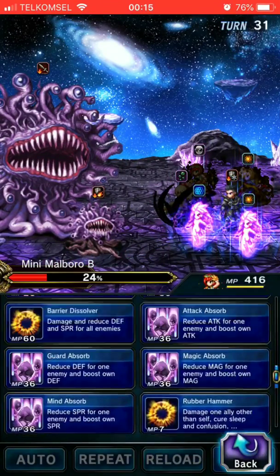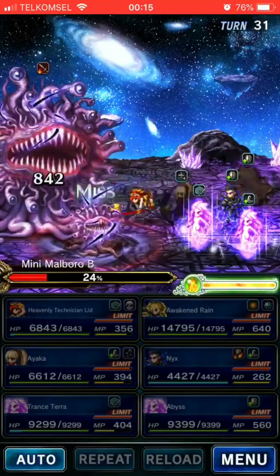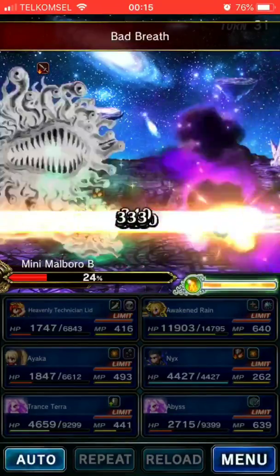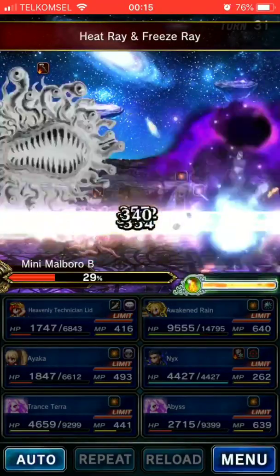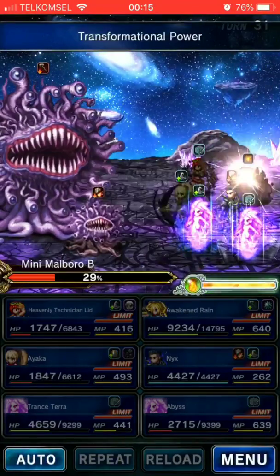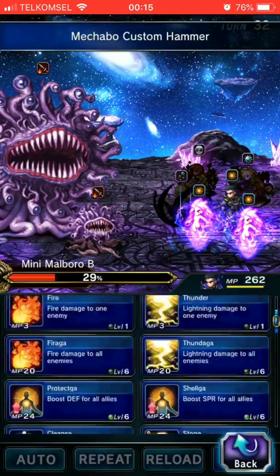Barely enough for the break. I should have probably brought in more auto limit gears to the Heavenly Technician lead so that she can deal more damage. Okay, something's wrong here. Yeah, I'm lacking the physical mitigation there. Must have forgotten that. Anyway, this is time to